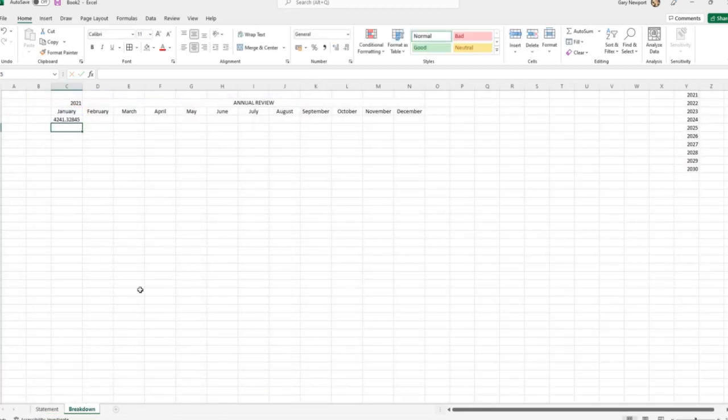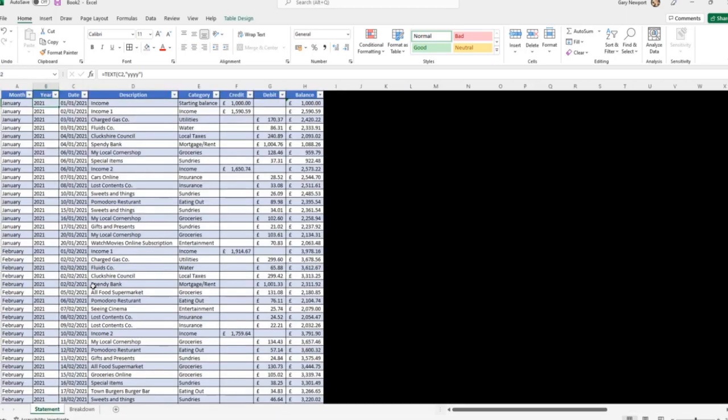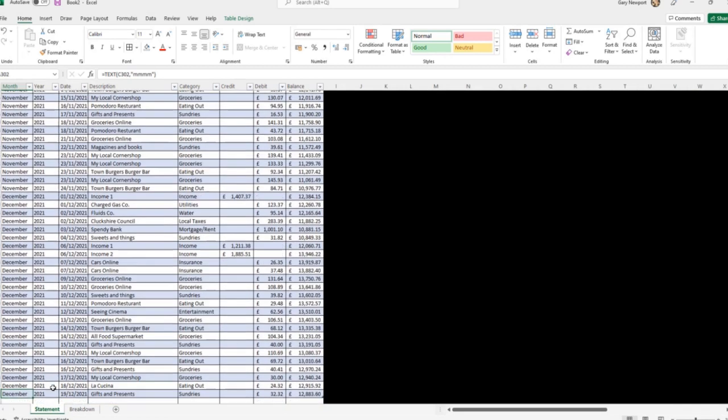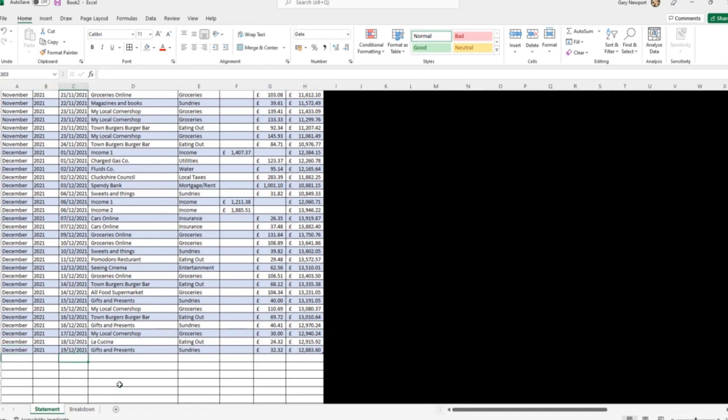So it still works the same, but that now means that if we get a date for 2022, so we go right to the bottom, Control Tab down. If I then decide, okay, well here, I'm going to go for the 1st of the 1st, 2022. Now we've got January 2022, and what I'm going to do is I'm going to put an income, income